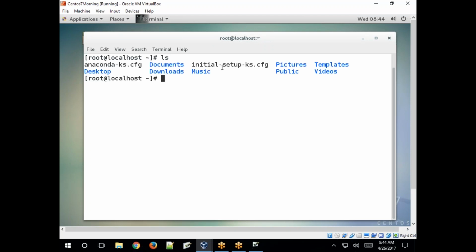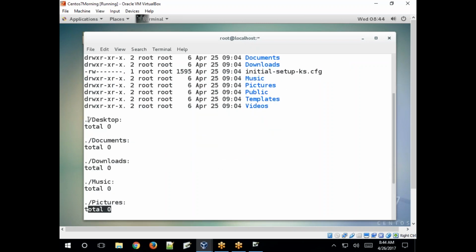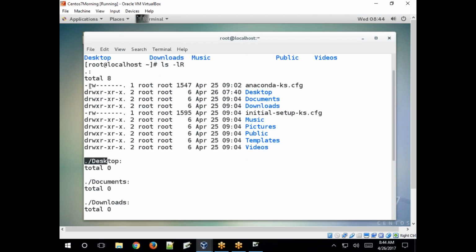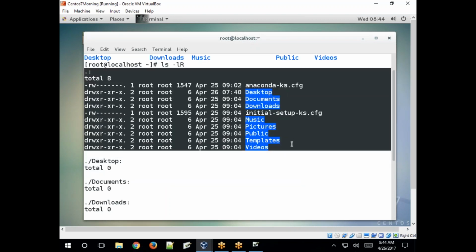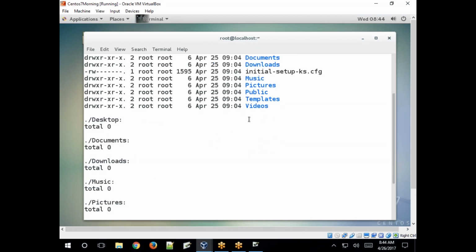See, so here documents, downloads, music, desktop, these are all directories. These are files. So if you want to list out inside subdirectories information also, just specify ls -R with capital R. See, listed, right? There are no files and directories inside pictures, capital R, desktop. So it printed the current working directory files and directories, and with the capital R option, it shows inside the desktop directory, inside documents